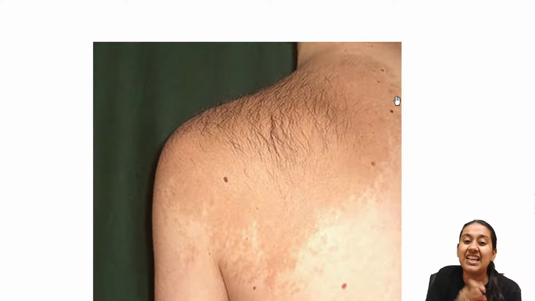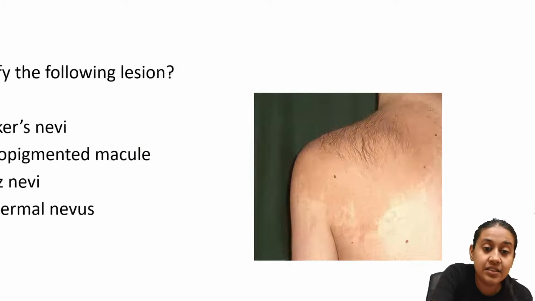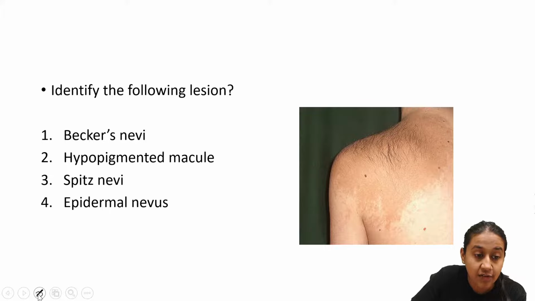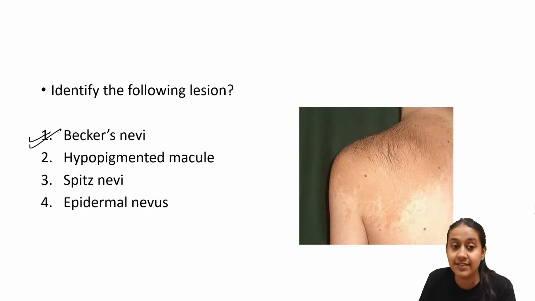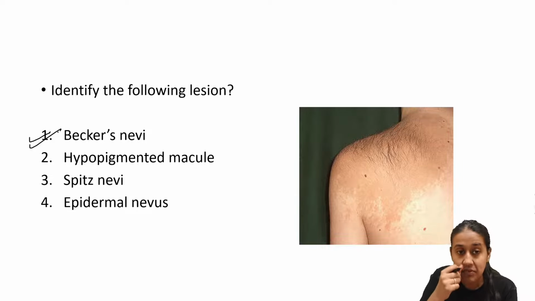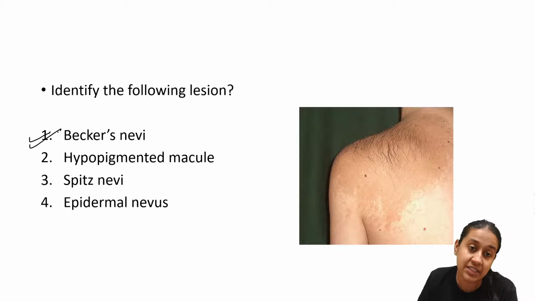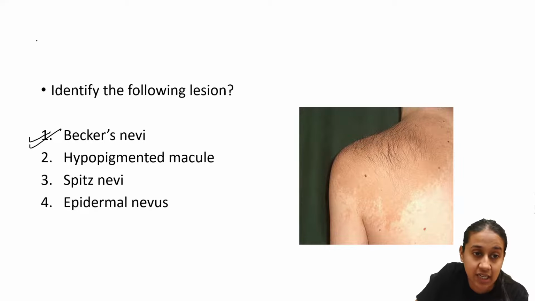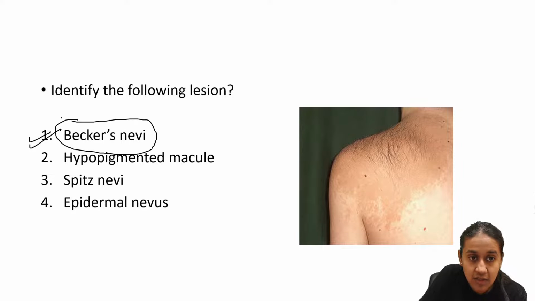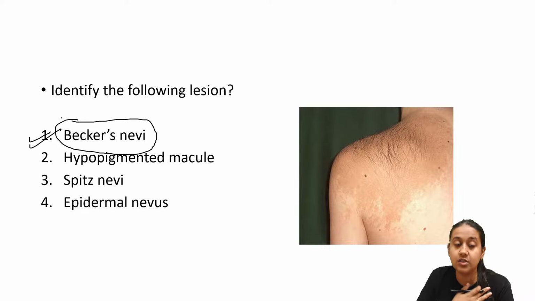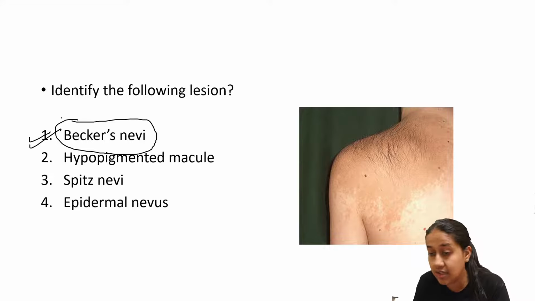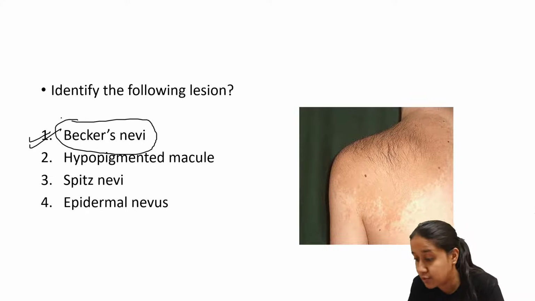This is something which makes it different from all of them, and this is a characteristic feature of Becker's nevus, where the nevus cells have associated androgen receptors. And what happens because of these associated androgen receptors, they become very prominent during puberty. They have increased hair, or sometimes even the acneiform eruptions can be seen. So identify the following condition. The answer here is Becker's nevus. Very classical on trunk, occurs in adolescents, and they have associated hair or acneiform eruptions here.